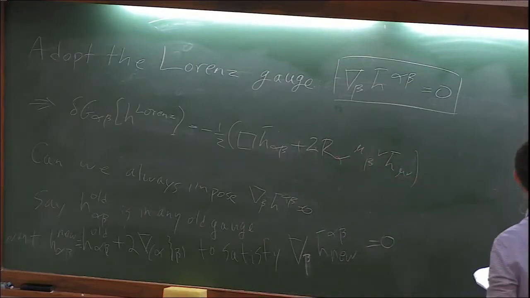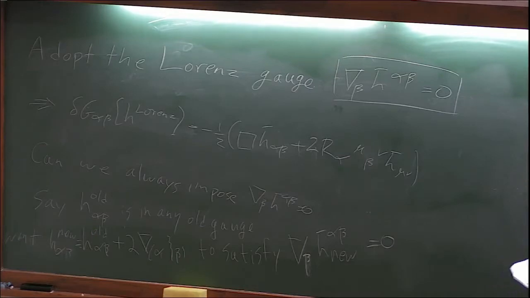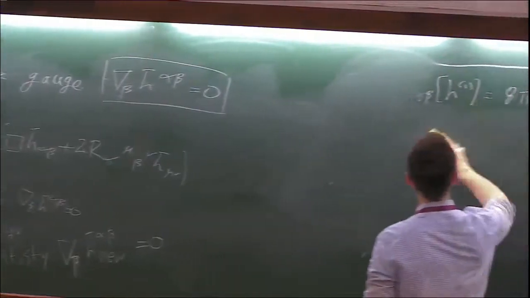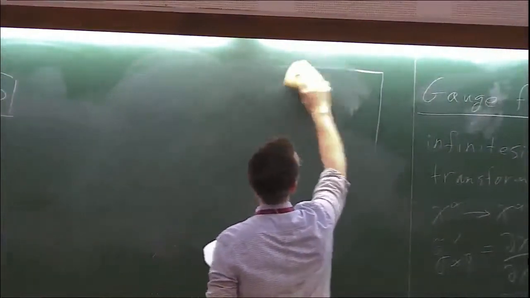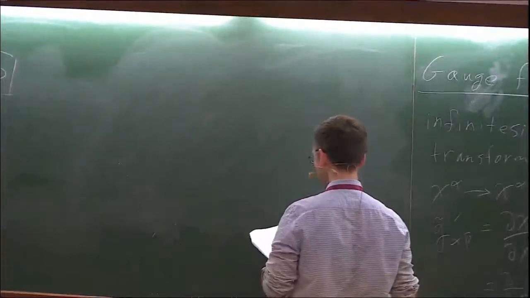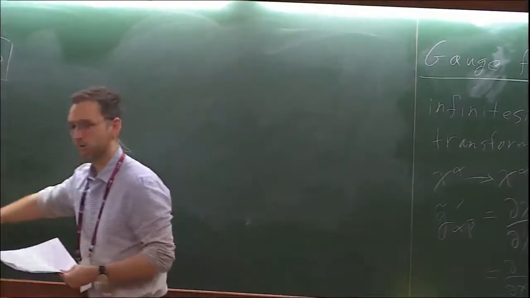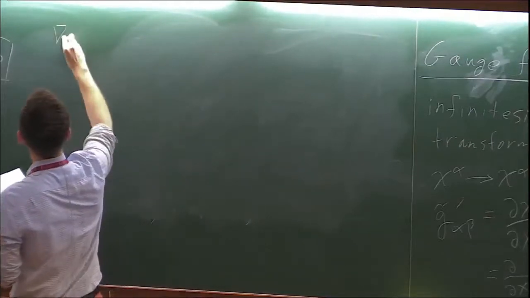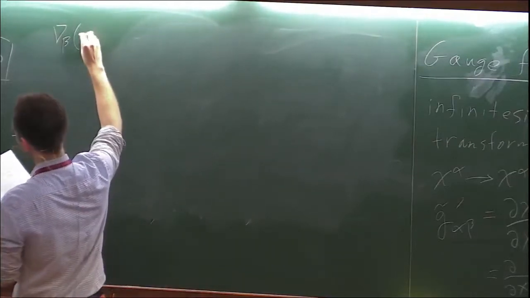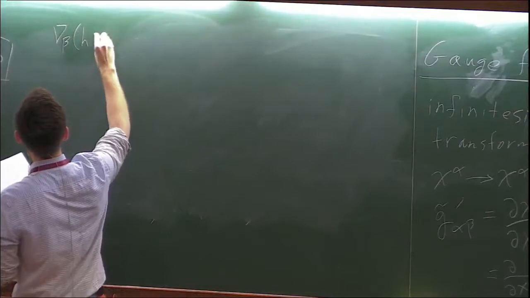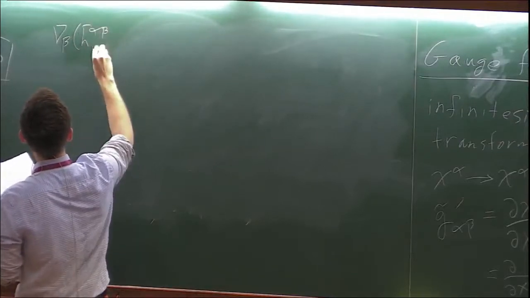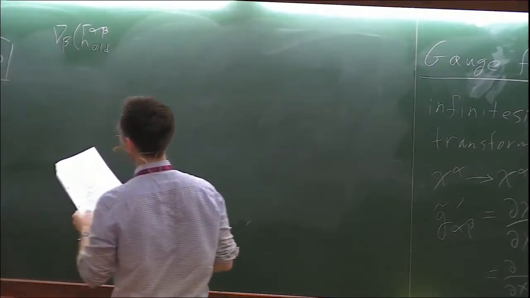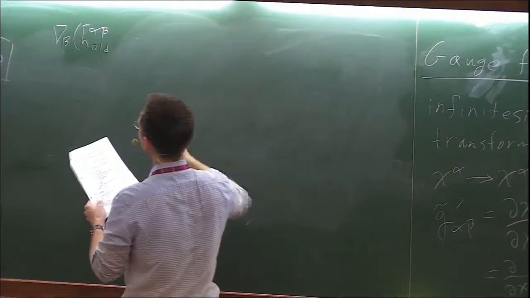So that's just going to impose a condition on that vector xi. And we'll find that we can always find a vector xi that makes this condition hold. Okay, so the divergence of h nu is the divergence of h old